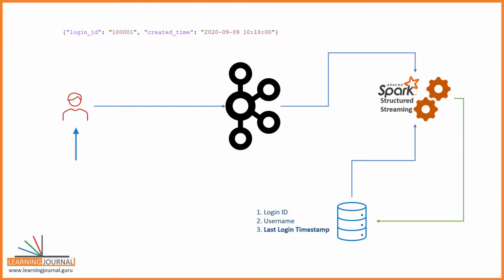On the other side, when a user logs into the net banking or to the mobile banking app, your system is generating an event and sending it to a Kafka topic. Each login event looks like the following. Now you are asked to read the login event and update the last login timestamp in the Cassandra database. And you should be doing it in real time using Spark structured streaming. Can we do this? Yes, we can.